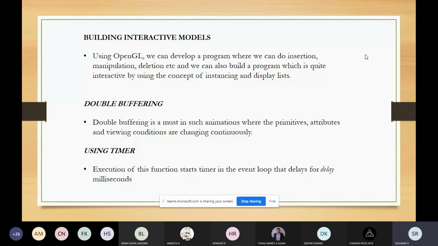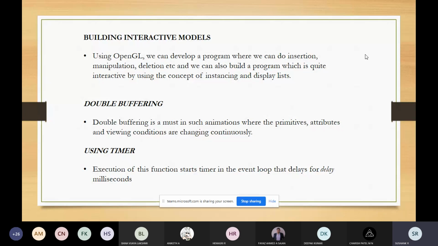This is also known as an interactive program. If the object keeps on moving from one place to another, that is termed an interactive program.